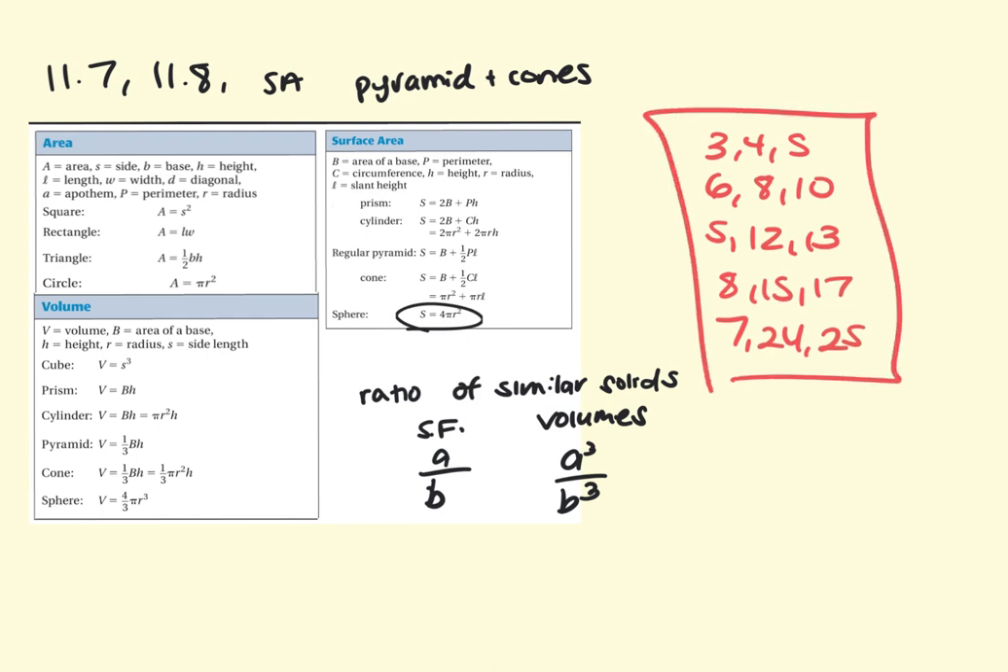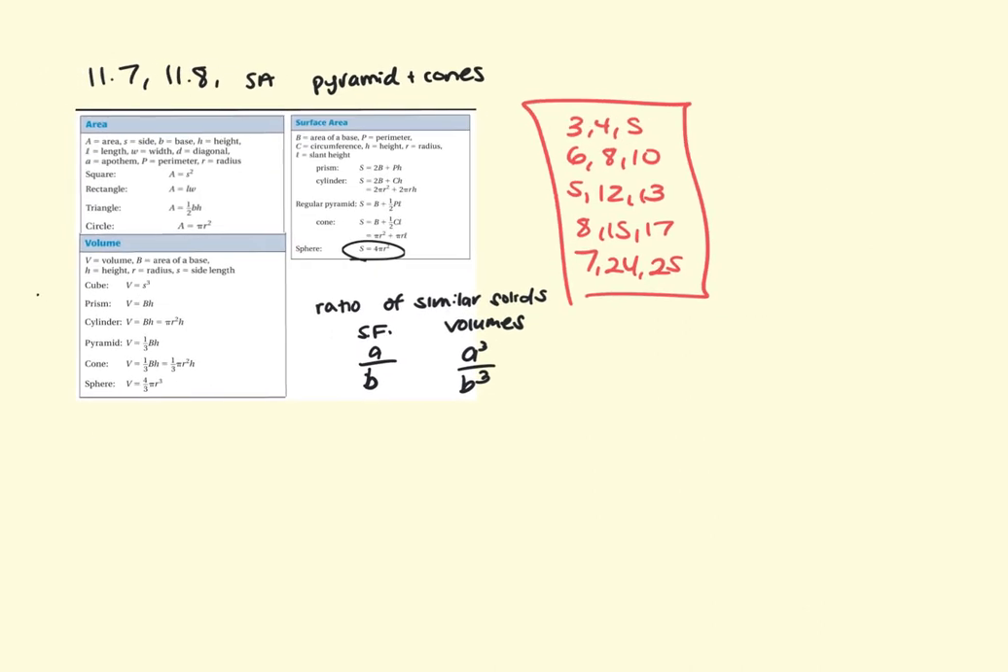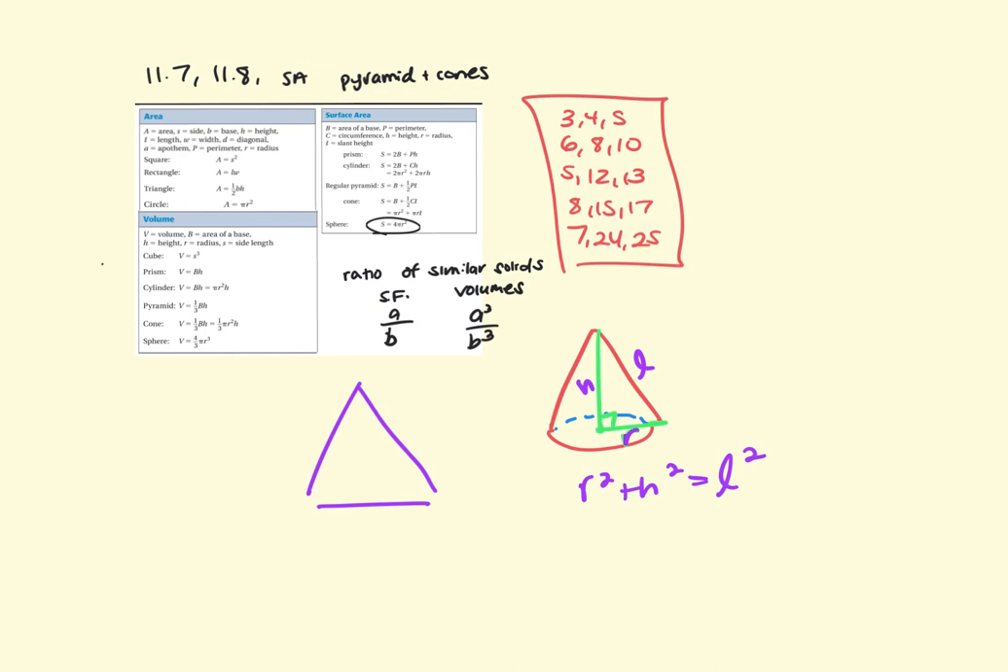If you were given something, this would happen with a pyramid or a cone only, because the other ones don't have slant height. If you were given the diameter, you would need to know to cut it in half. If you're given the radius, it forms a right triangle with your height and your slant height. So there's going to be times in which you have to use your Pythagorean theorem: r squared plus h squared would equal the slant height squared there. Or if it's in a pyramid,